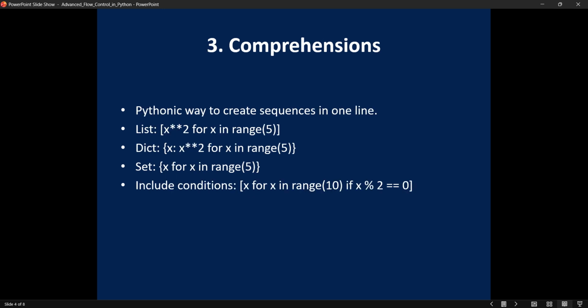Comprehensions. One of Python's most elegant features is comprehensions. With list, dictionary, and set comprehensions, you can generate collections in a single line of code. For example, x squared for x in range(5) quickly creates a list of squares. You can even add conditions. It's concise, readable, and